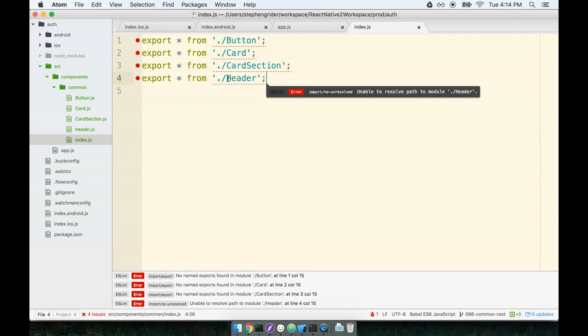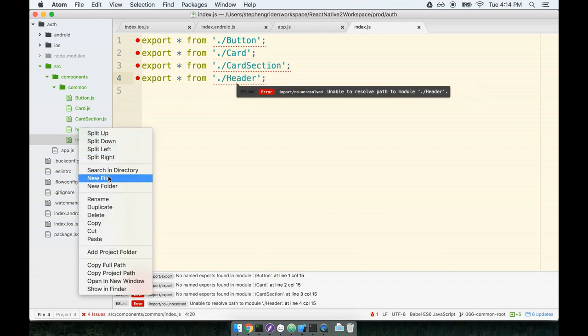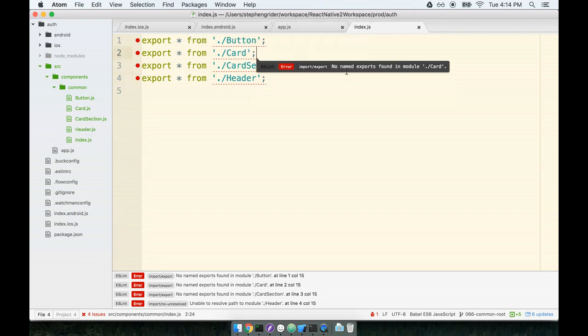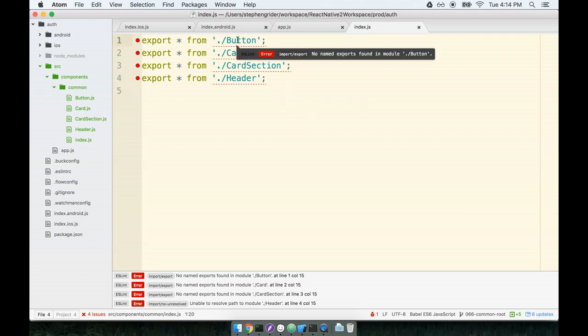Very important, I'm going to fix the header issue. I have a capital H right here, so I'm going to fix up my header file by renaming it to use a capital H as well. Now everything across the board is nice and consistent. Again, each of these statements is essentially a pass-through. It can be read as take everything from the button file and export it from index.js. One last thing though, you'll notice that each of these has an ESLint error,